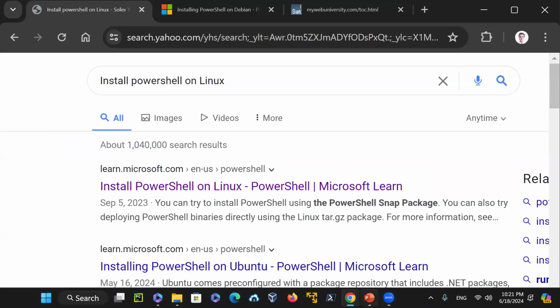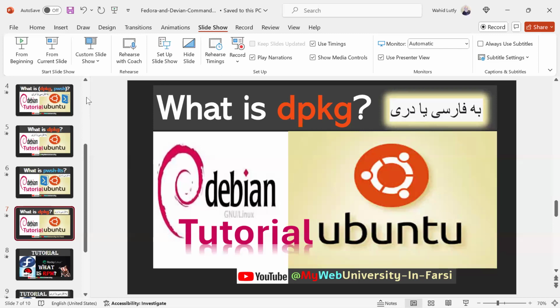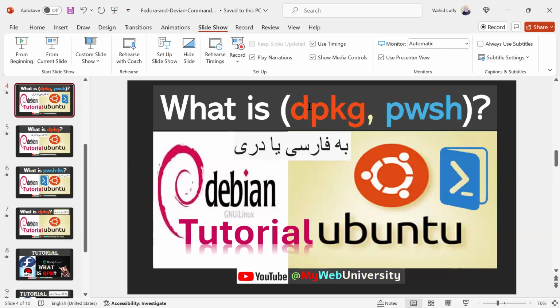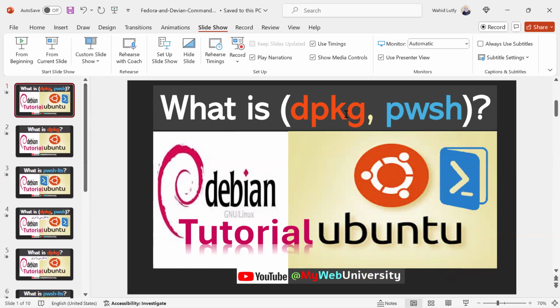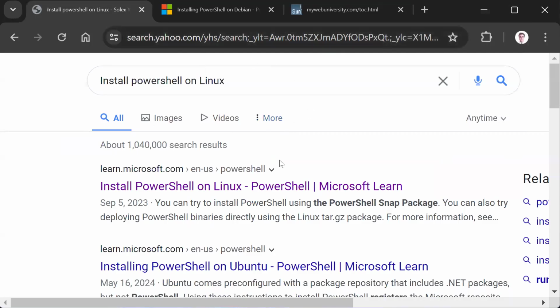PowerPoint presentation, when I put it on the first page, I said Debian Package Manager along with PowerShell. Once you install PowerShell on this one, let me go to the English version. This one, Debian Package Manager and PowerShell. You can see Linux Ubuntu, Debian distribution, and PowerShell, they work together, right? So what does that mean? That means you can go on Microsoft, Google, Bing, or whatever search engine, and just put in the words install PowerShell on Linux, and this